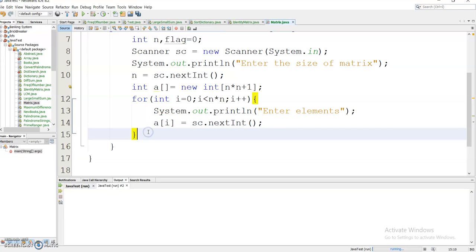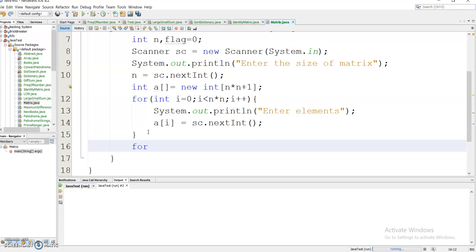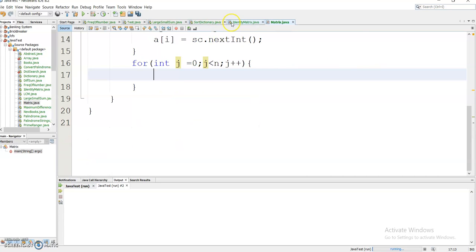So for this I will be writing the condition for int j is equals to 0, j is less than n, and j plus plus. And now I will write the if condition. If j modulus n plus 1 is equals to 0,